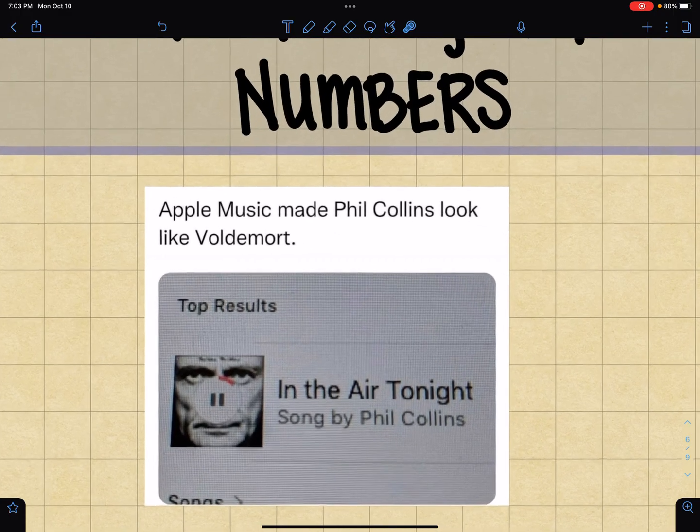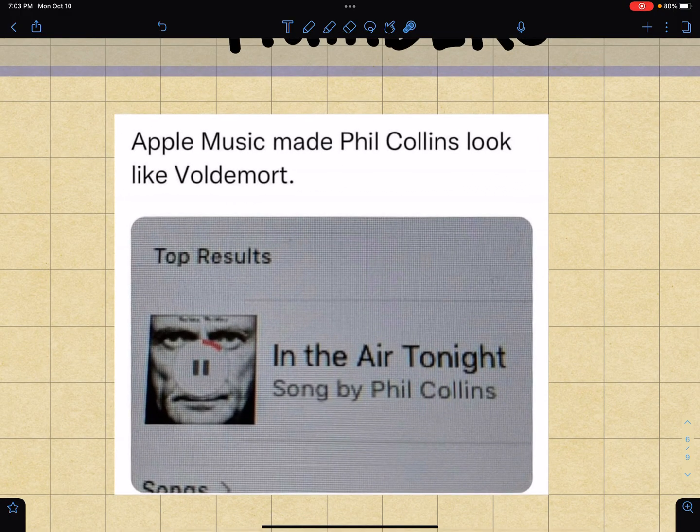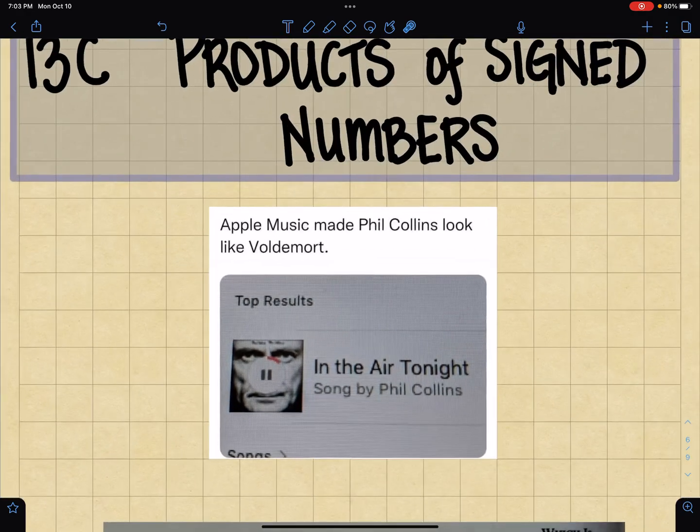First of all, a little joke here, just to kind of, we've been working hard. Apple Music made Phil Collins look like Voldemort. Look, I don't know if that's real. I wonder if we can like recreate that, but he actually does look like Voldemort, doesn't he? Oh my goodness, that's funny. Okay,